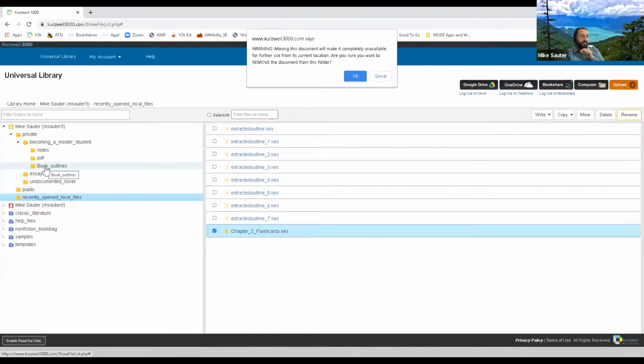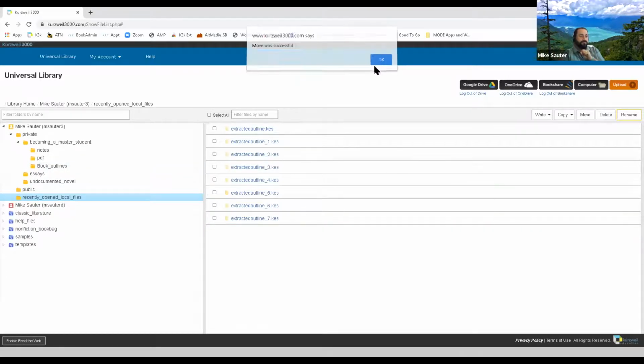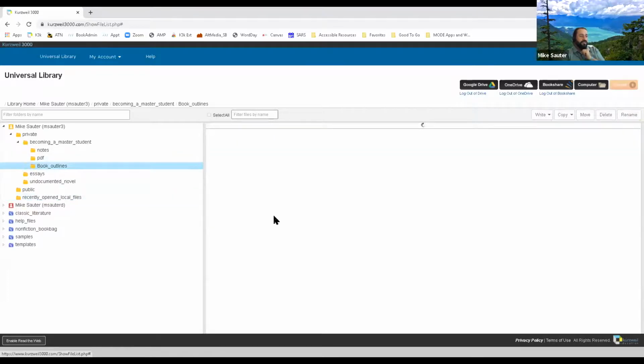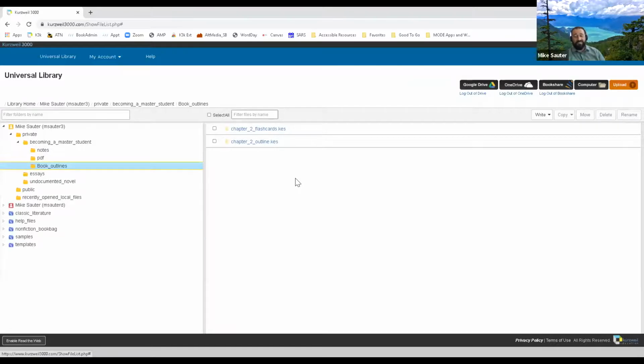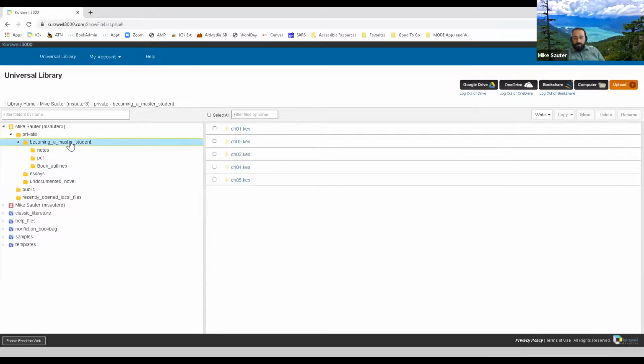So when I click and release and click OK, we can check. Yes, we made it. But if you release it in a wrong location, you may lose it. So be very careful if you're using the drag and drop. That's why I actually typically use the buttons to move the files around, because I know exactly which one I'm putting it in. Okay. So that's a great way to keep things organized, keep your notes and your chapters and your outlines all organized, all within the same folder for that book or for that class.